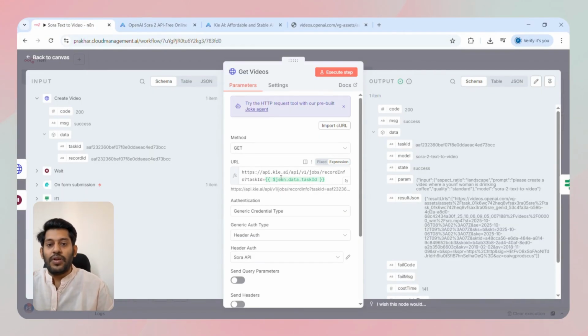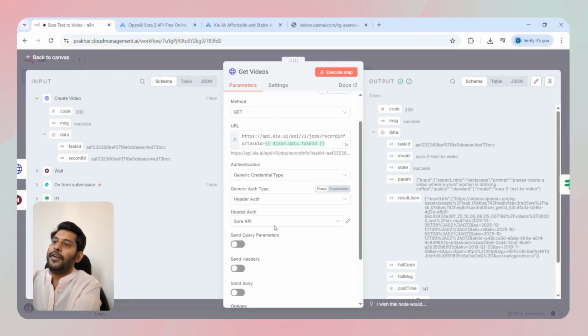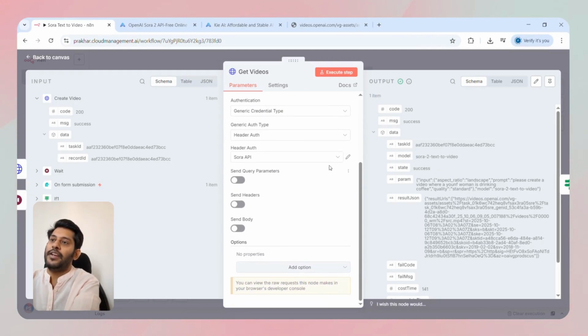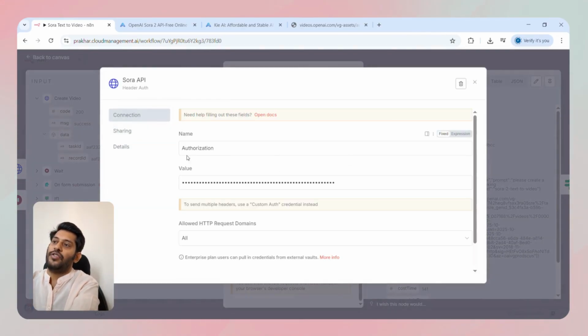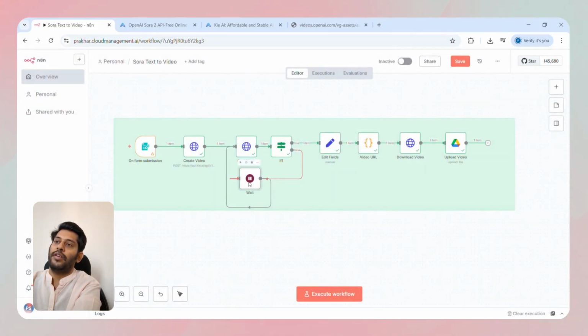simply put up the request to create the video, you are assigned a task ID from this Kie API. So just this GET method, this URL, and this task ID, which is nothing but from the previous node. And here we have used the Sora API in the header auth, and it's very straightforward. Just Authorization: Bearer, space, your API key. And after that, there is a wait node, which is actually